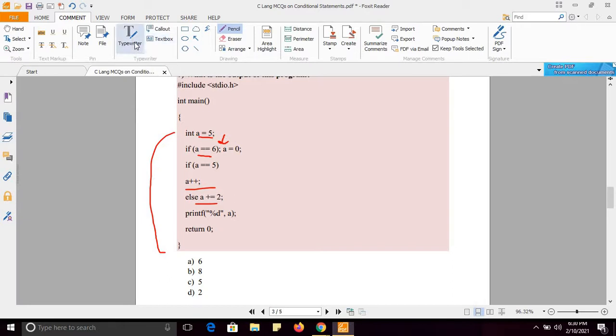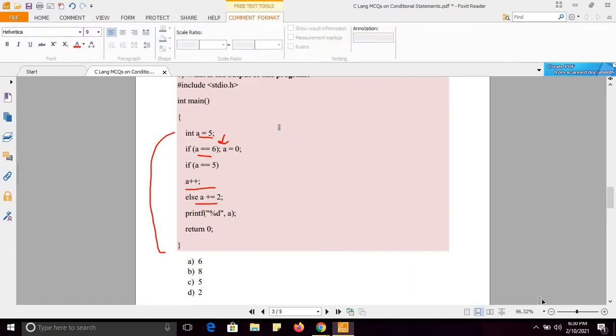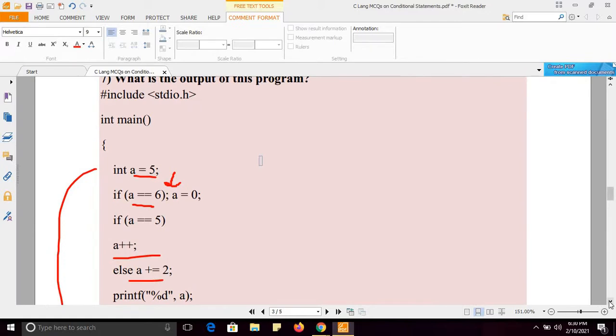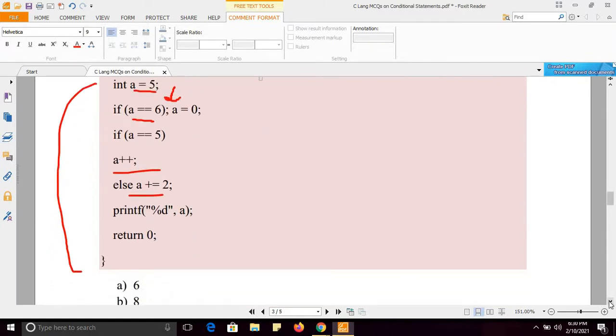Let me rewrite this code again. This is the code. See. Int a equals to 5.